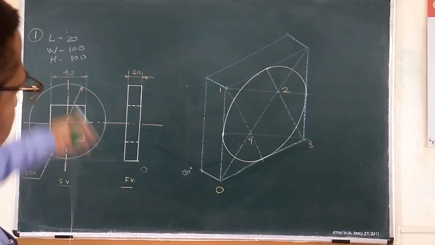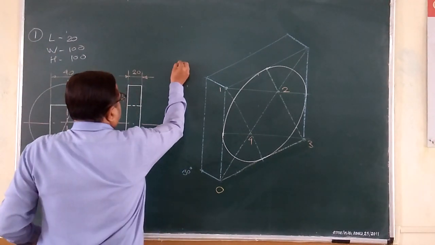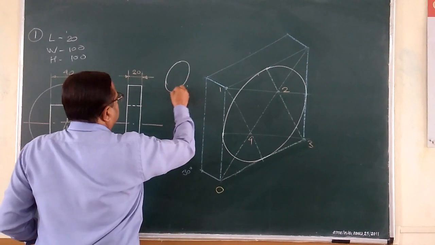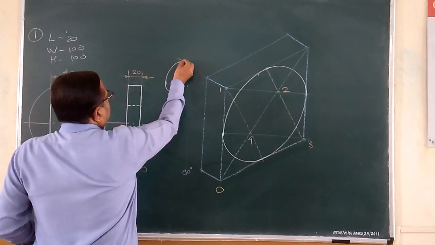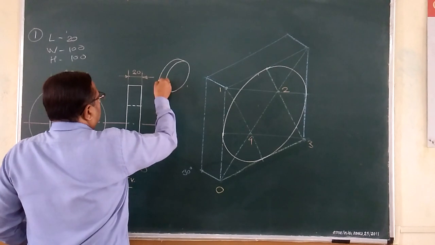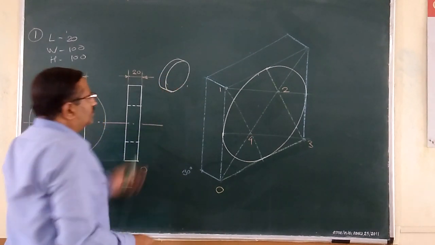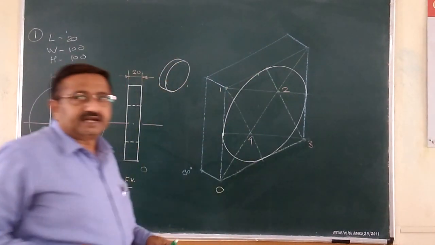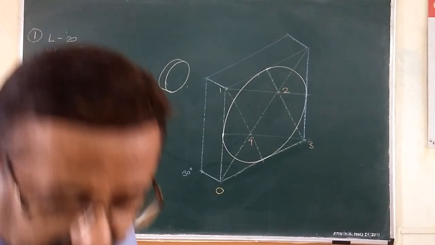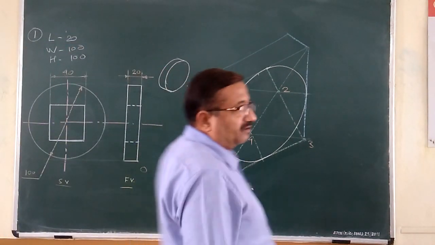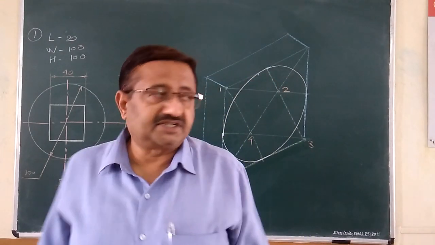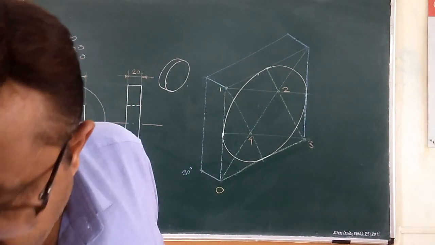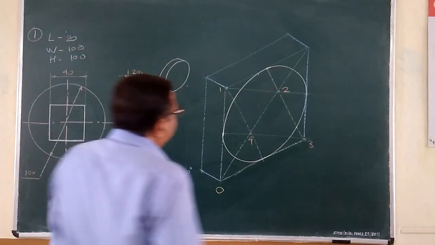In this way, three-dimensionally, how will this plate look? It will look just in this way, like this ellipse we have initially drawn, with thickness. Yes, in this way we have to finish. We have to give the thickness. Means another ellipse on the back side should be created. Now, do you again have to carry out the 4 center method for the construction of the rear side ellipse? No, not at all. Then what is the shortcut method?